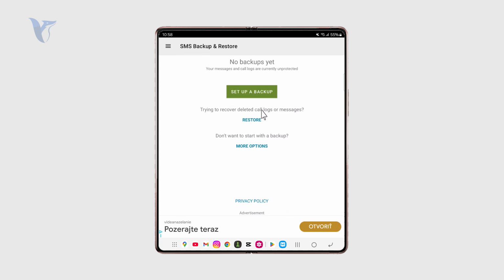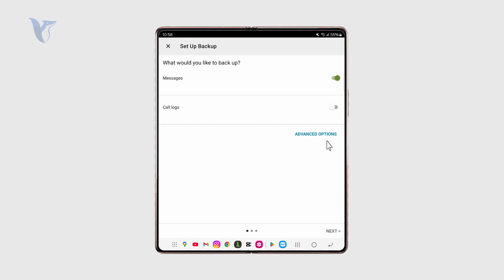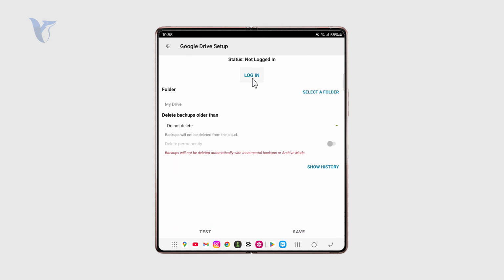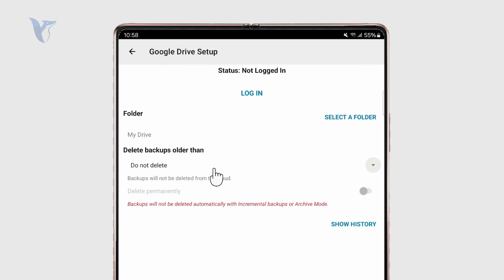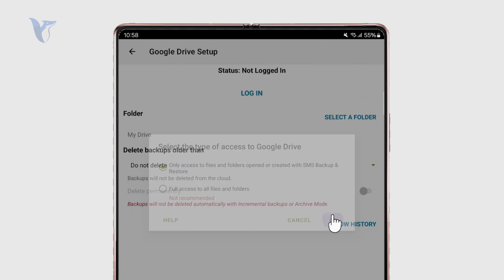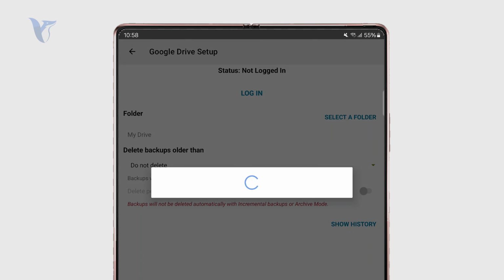You can then include both calls and messages, but let's say I'm going to turn off the calls, click on the next, and then you get to pick where exactly the backup will be stored. And in our case, we want to save it to Google Drive, so you can enable that. Then you have to log in with one of your existing Google accounts. So if you already use Drive on your phone, you will see the email right there, and you can just pick that and log in like that, and your backup will be actually stored or uploaded to that particular